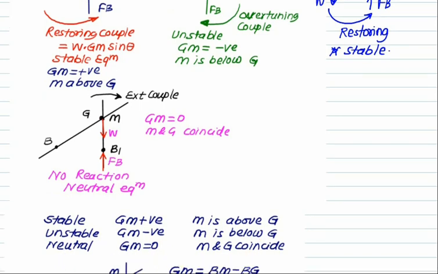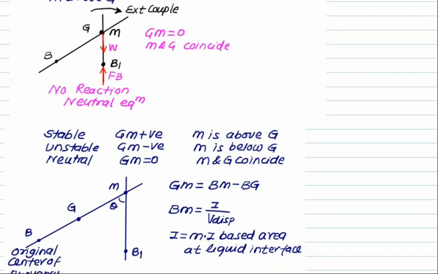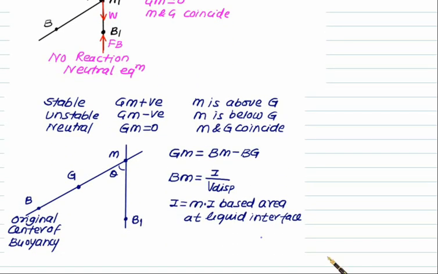Once we know it is stable, then we are interested in how stable it is. Depending upon the value of the metacentric height, which is equal to GM, if this value is positive and a larger positive value, it is more stable. For example, for a warship, the metacentric height will be taken as a very high value, normally 2.1 to 2.3 meters, where an airplane can land and take off on the ship. With a small boat, there is always a chance of overturning.